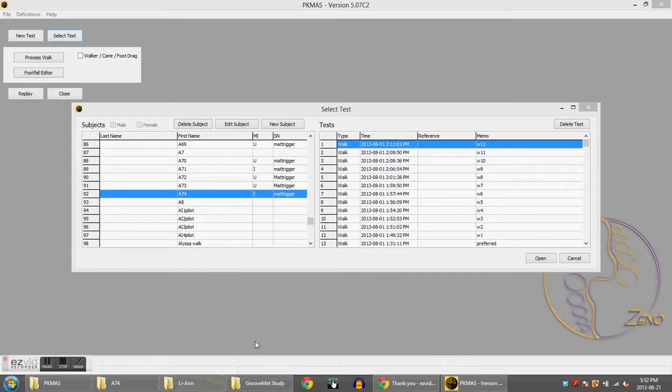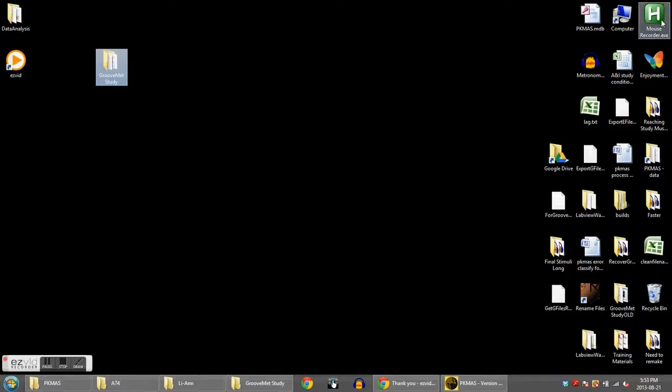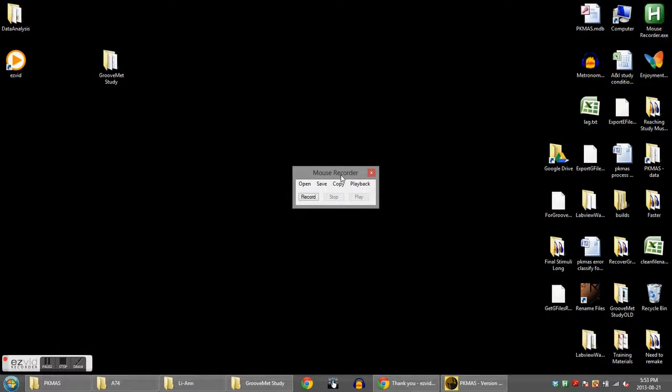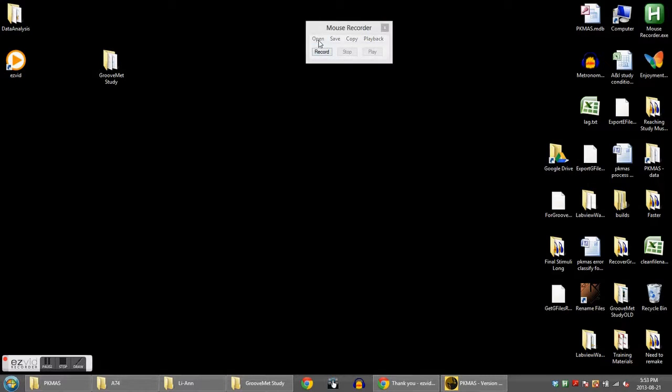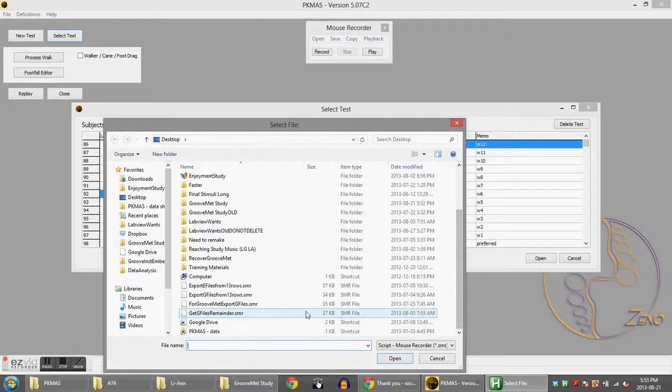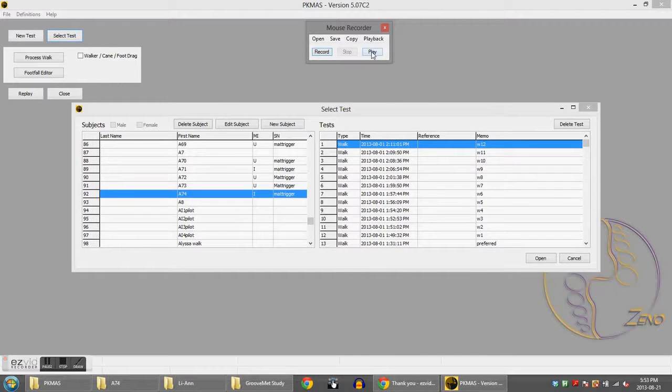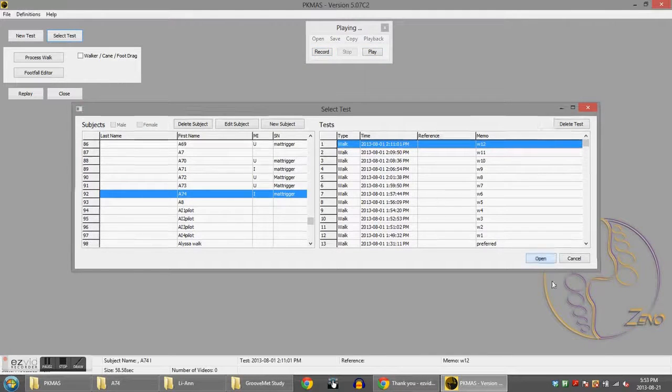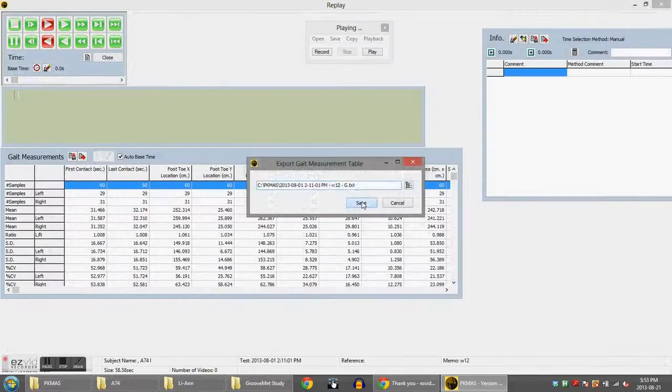And now we'd like you to export these individual walk files. You do that most conveniently using a mouse recorder function, which is on the left side of the desktop. You hit open, there's one that has been pre-recorded. It's called MoveMet Export gfiles.smr. Hit OK, open, and then you hit play, and it will automatically run through the whole process of these mouse clicks that you have to do